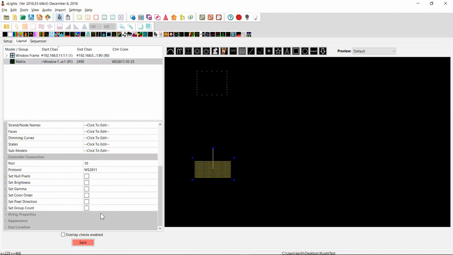If you're using FPP as a controller, so you're using, you know, a cape or something on FPP, then these properties all are applied at the model level on the controller. And the way that works is when we upload to the controller, it creates a new virtual string for each model, and it can set brightness and null pixels and gamma and color order, etc., on a per model level